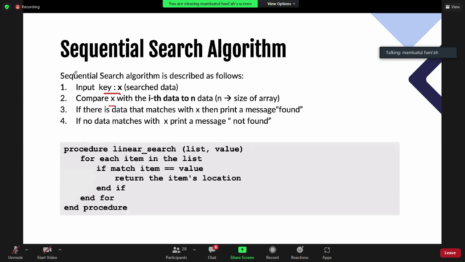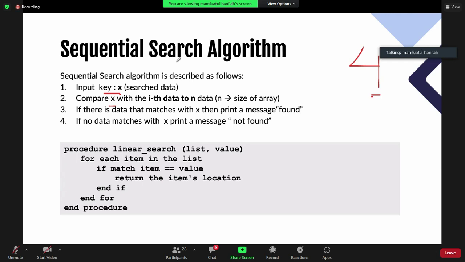And you need to compare x with each element in your data from index 0 until the last index, the first data until the end data, where the number of data is the size of your array. So if you have an array with 4 elements, you repeat 4 times.